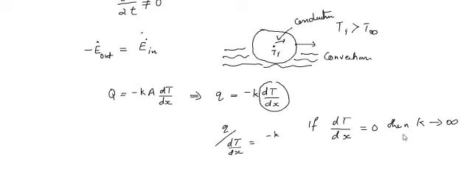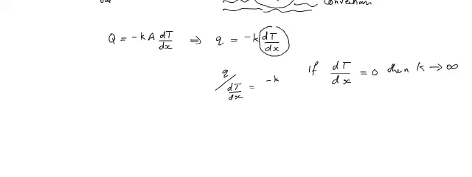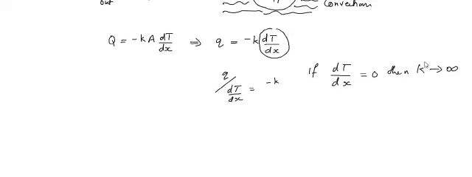If dT over dx is equal to 0, then k tends to infinity. That is what we are doing here. When the thermal conductivity k tends to infinity,